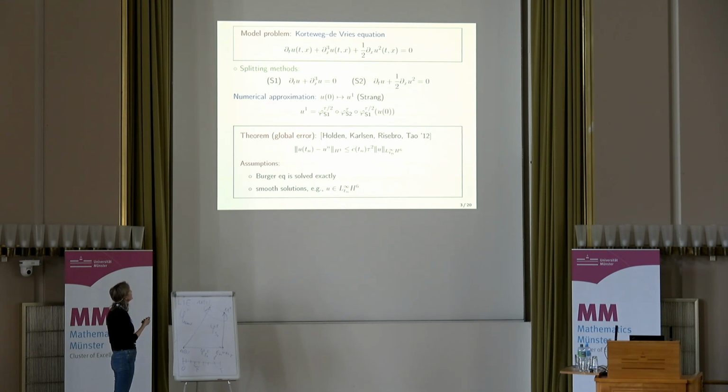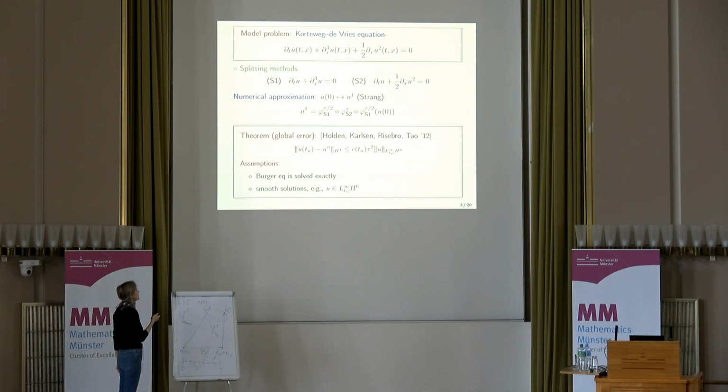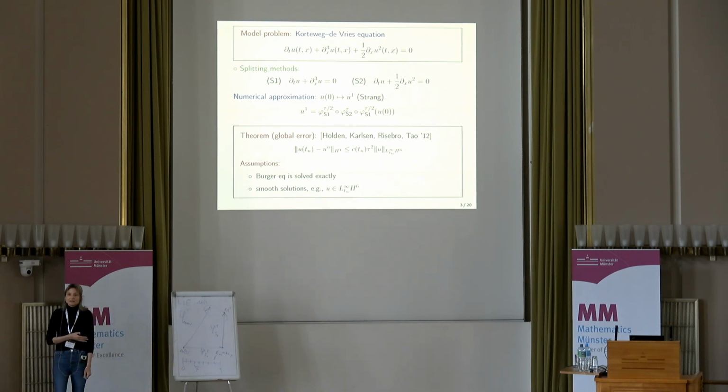They could show that if you look at the error in H1, then you get second order convergence. This is not surprising. We use a second order method. And what we need in our convergence result is quite a lot of smoothness. Okay? So if we measure the error in H1, then we need at least boundedness of 5 additional derivatives in our solution. And here there's a difference between PDE analysis and numerical analysis, because here what I call global